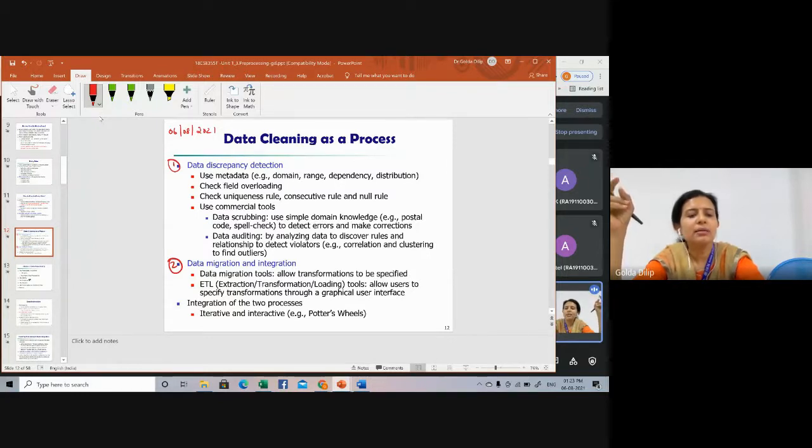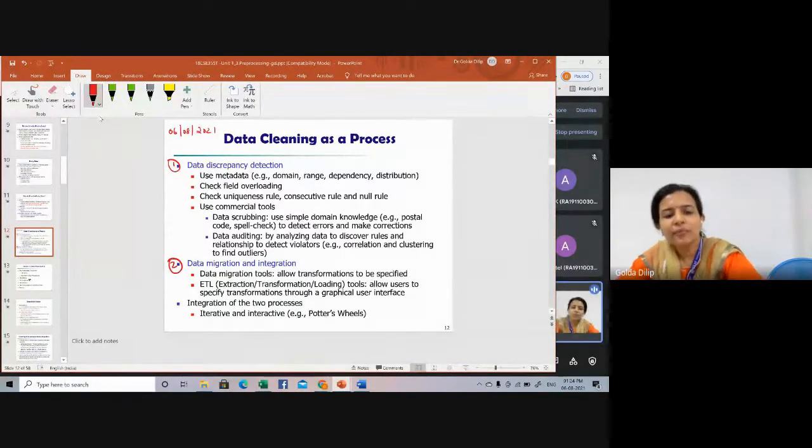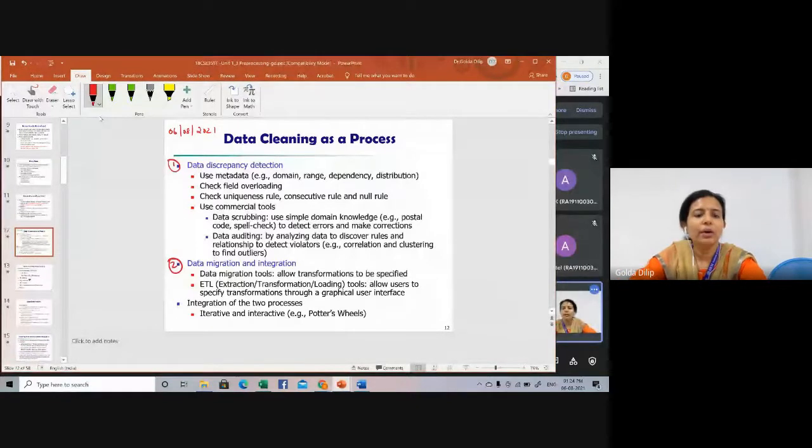All these things, or the same attribute having different names in different databases. For example, the name. In one particular database it is given as first name and last name, let's say John Smith. In the second database, it's given as last name first and first name second, Smith and John. Such cases have to be taken care of. Now we have understood what discrepancy is. How do we proceed with this discrepancy detection?